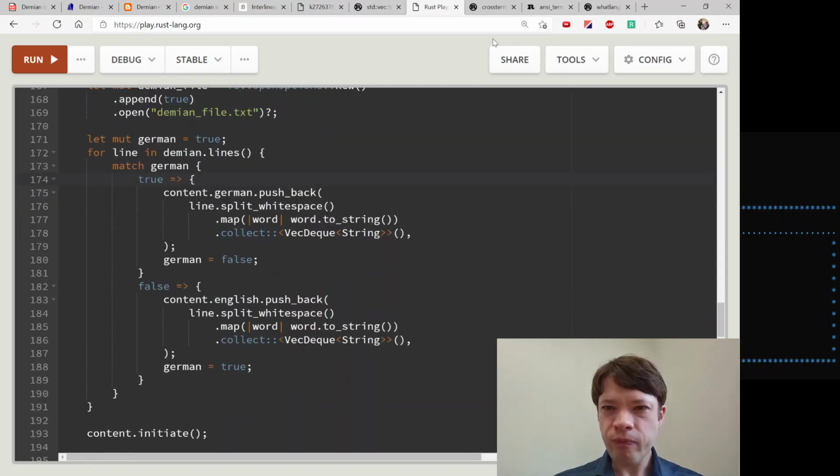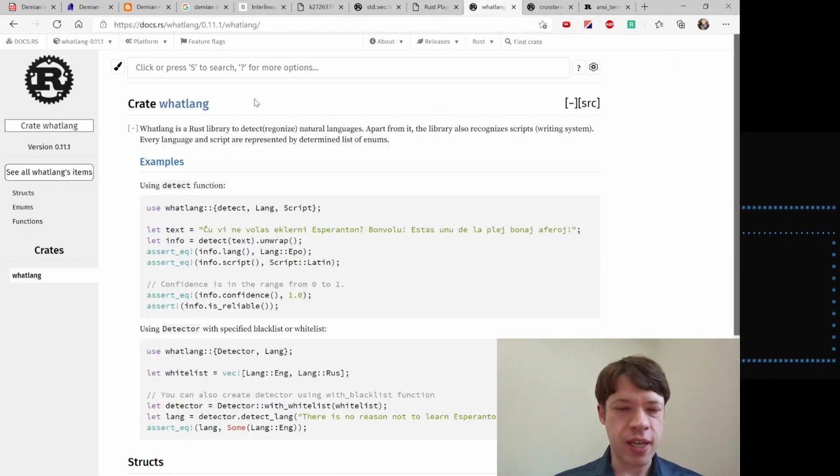I also used this crate whatlang to check it over, and then I got rid of that code because I just used it once, just to make sure.